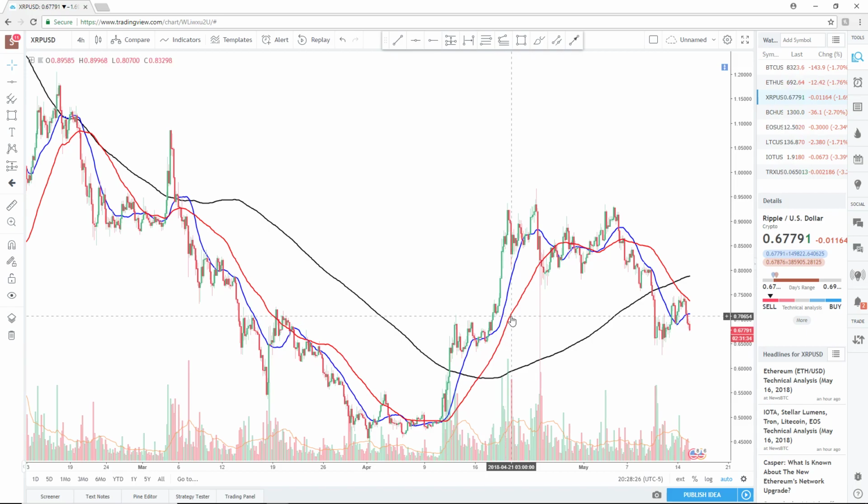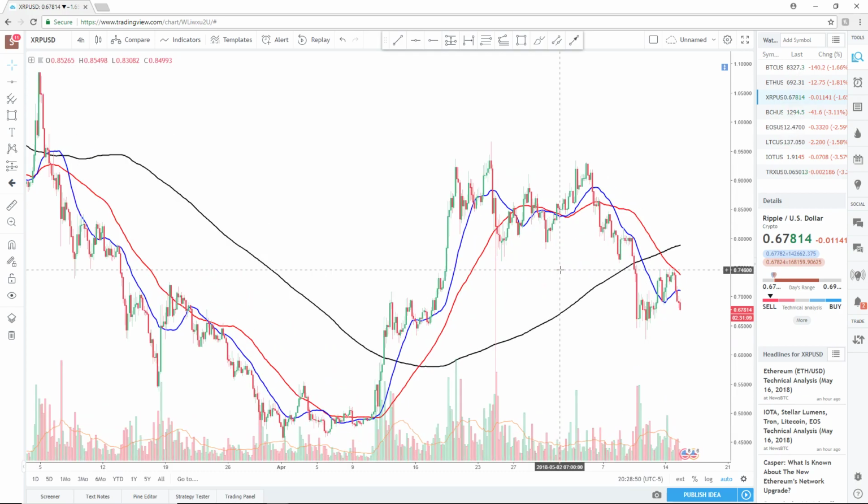So once the price is over the 200 MA, I'll look for crossovers between the 20 and the 50. Once the 20 were to cross the 50, I would go long, or that's just an extra confirmation to go long. And once we cross again to the downside, that's when you would sell. So as you can see,